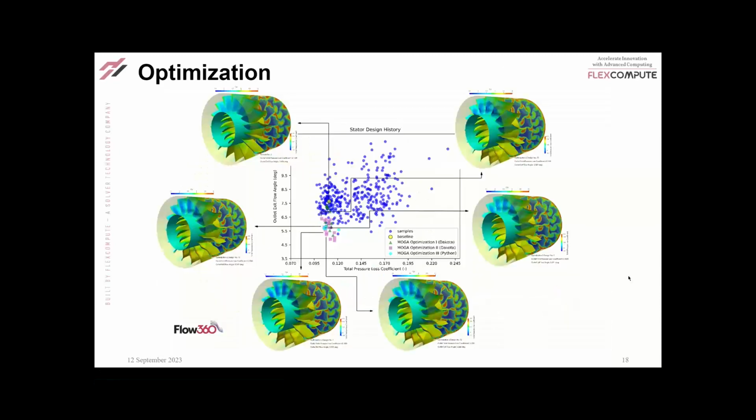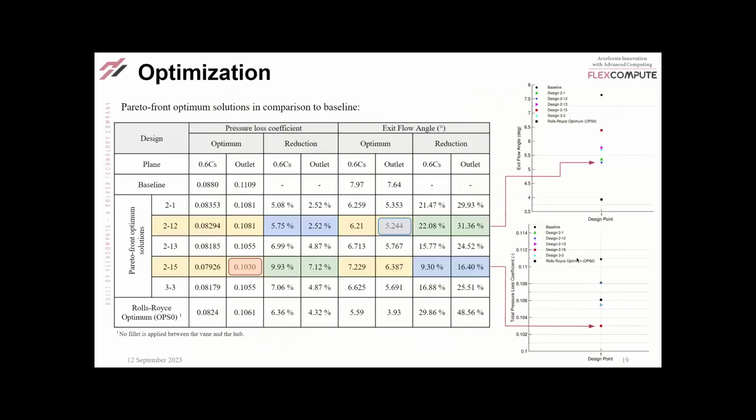And after this, with respect to this baseline shown with the yellow circle dot, we have Pareto front optimum solutions. And these are the Pareto front optimum solutions that we are interested in. So this table shows the Pareto front optimum solutions compared against the baseline. And also we have the optimum geometry from the Rolls-Royce optimization, and we ran that in order to compare our results against that optimum